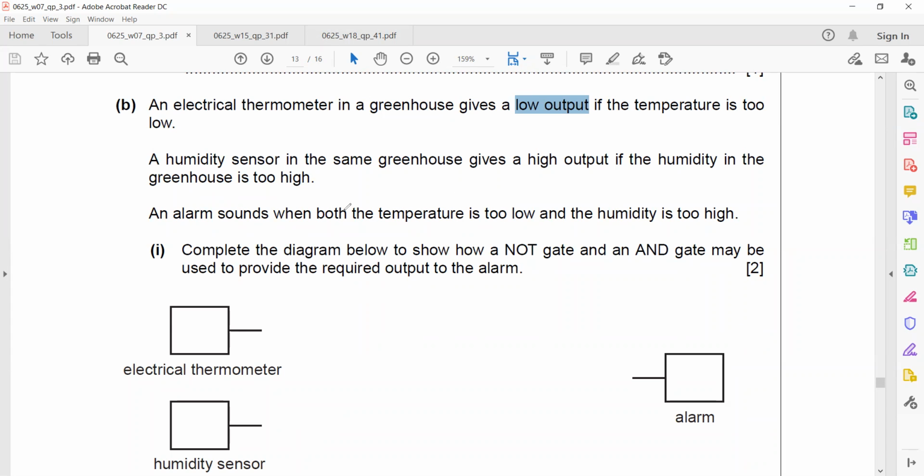for the alarm. So a thermometer, because what condition we want the alarm to work, an alarm sounds when the temperature is too low and humidity is too high. So humidity sensor we need 1 and temperature sensor we need 0. And we have two gates, we have NOT gate and we have AND gate. So how we can connect? So if I connect a NOT gate here first, and then AND gate,